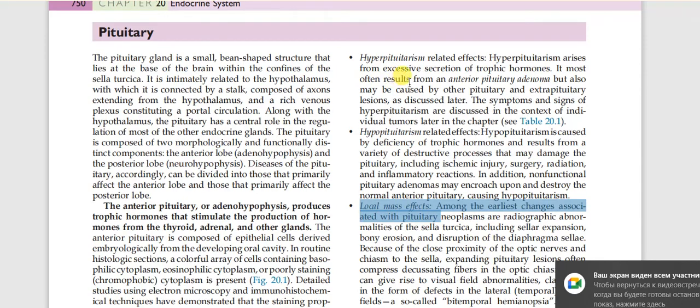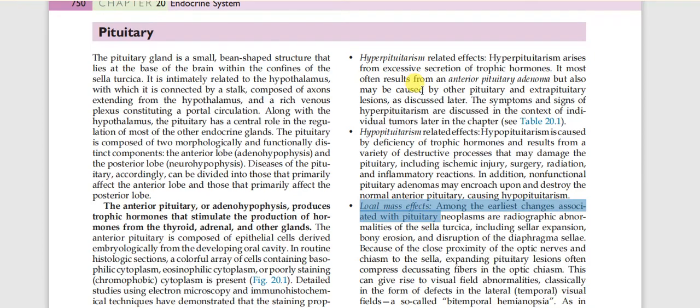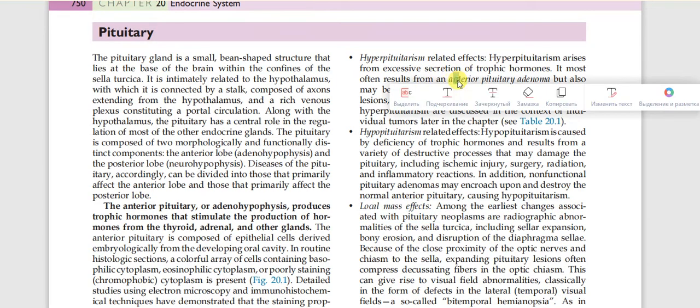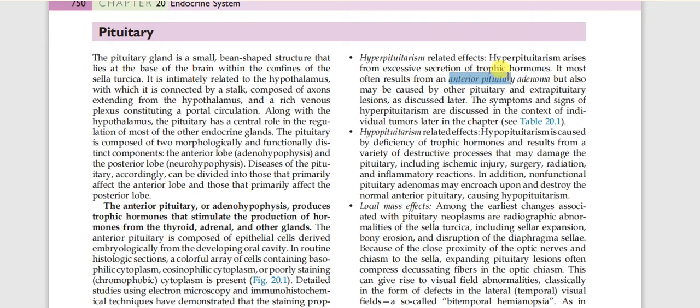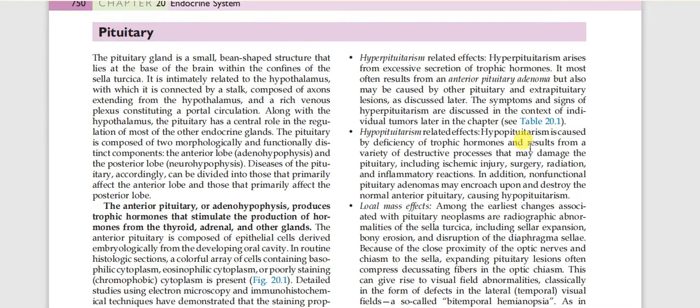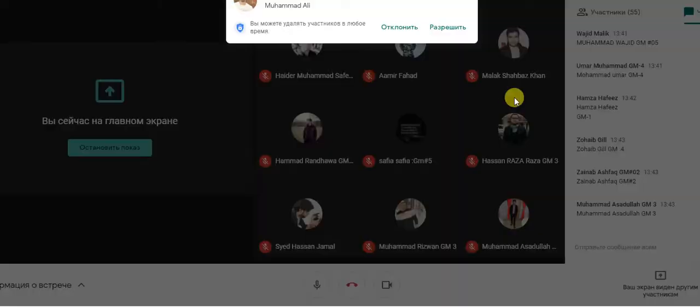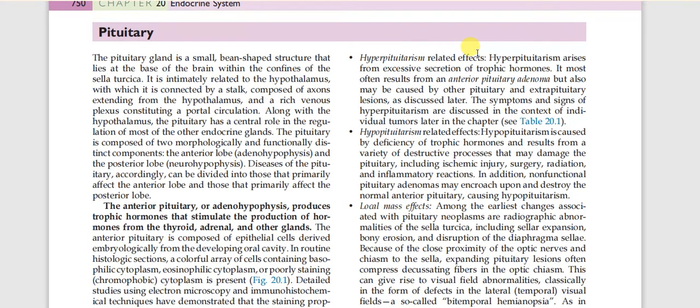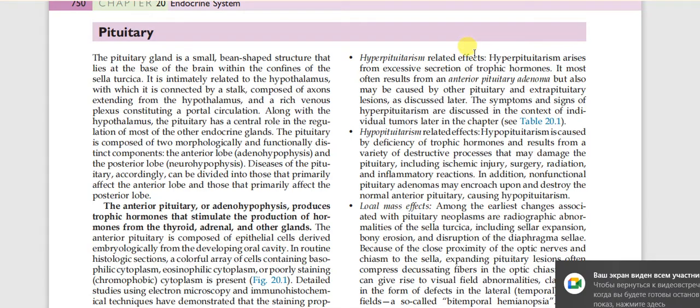Hyperpituitarism means overproduction of some hormone made by the pituitary gland. Usually all these effects are caused by anterior pituitary adenoma. I remind you of the definition: adenoma means a tumor of a gland, a benign tumor of a gland, and usually the pituitary gland is affected by benign tumors. In hyperpituitarism, the adenoma is usually made by chromophilic cells, which are present in the tissue,